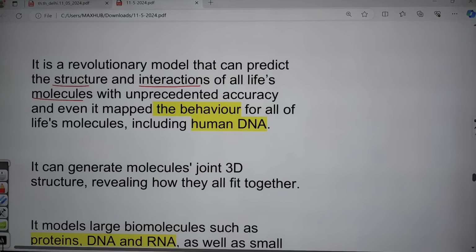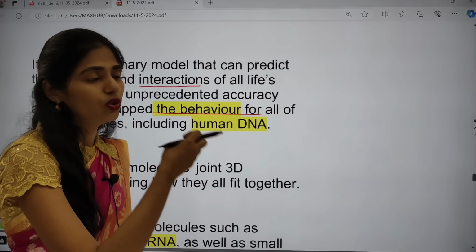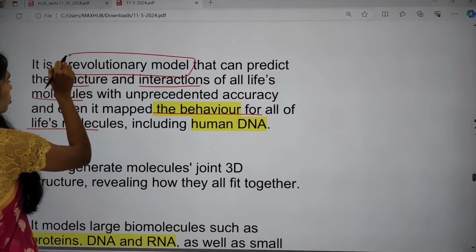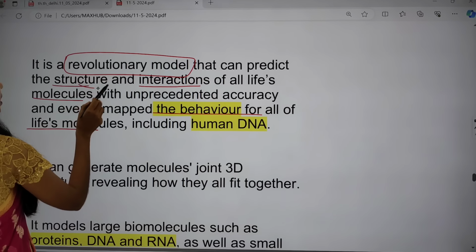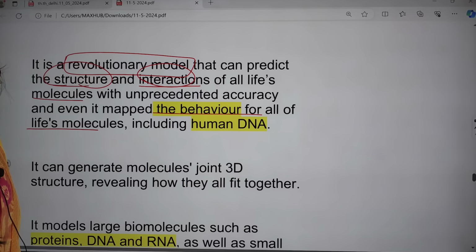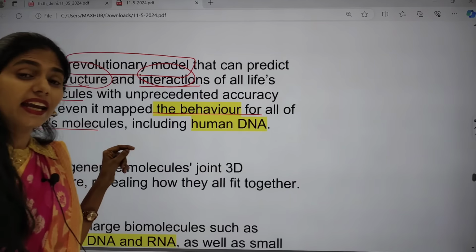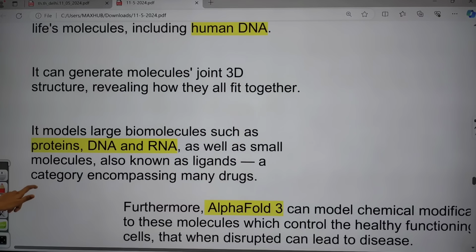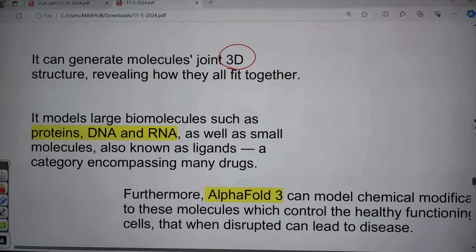It also focuses on identifying the behavior of all life molecules, including DNA, human DNA also. So it is a revolutionary artificial intelligence model, with the capability to predict the structure and interaction of molecules in an organism. It focuses on accuracy, and it can even identify the behavior of human DNA. So this AlphaFold can generate molecules' joint 3D structure,